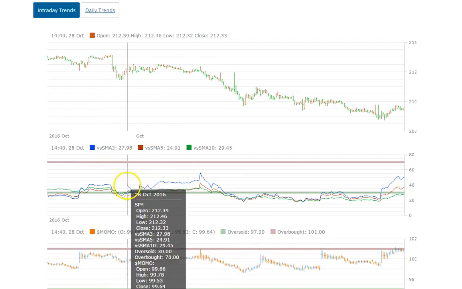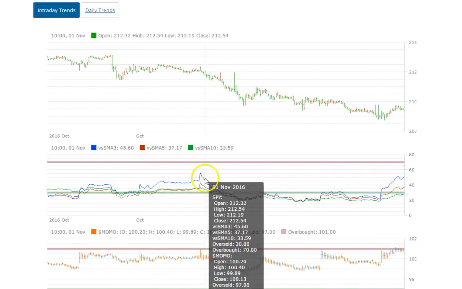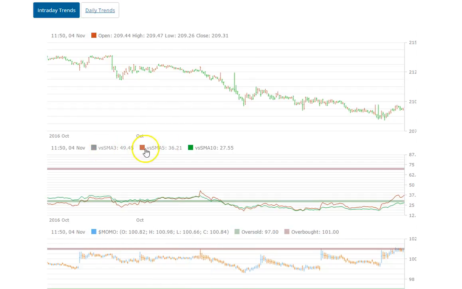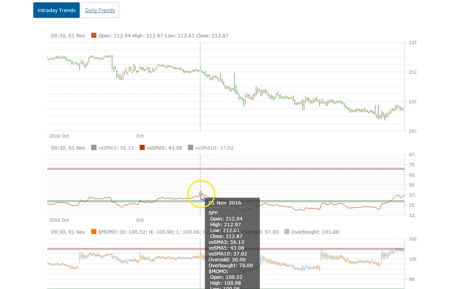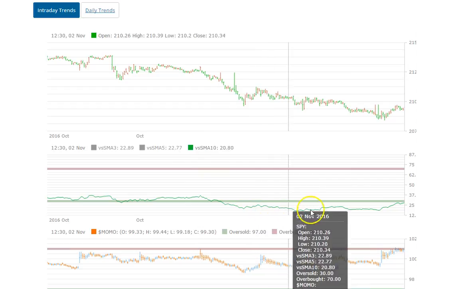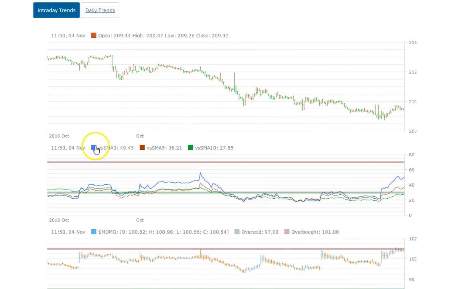So the blue line is what percentage of those stocks are above their 3-day moving average. The red line, which I'll click off the other one, so the red line, how many are above their 5-day moving average. Finally, the green line, what percentage are above their 10-day moving average. So to show them all again here,